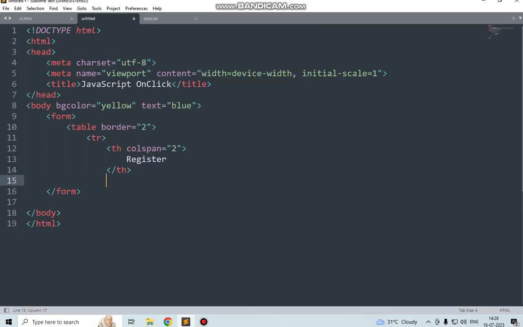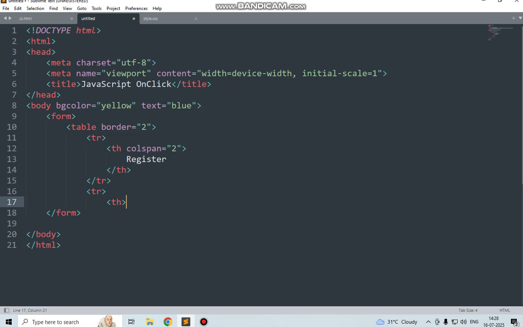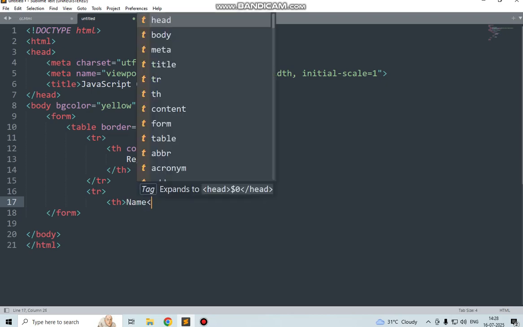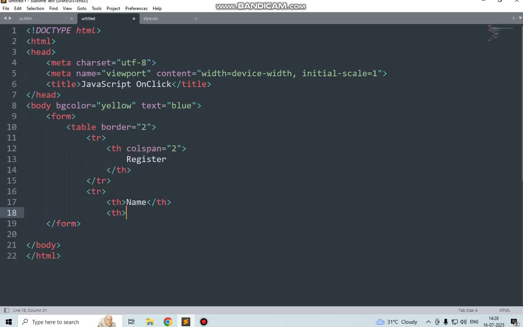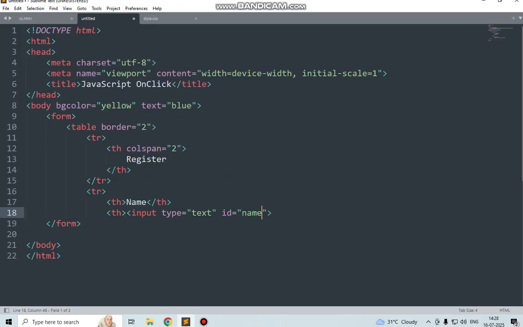Table row. TH stands for table data. Again we are taking TR table row, TH table heading. So table heading name TH, input type text, ID name, name, TH close, TR close, TH constant to